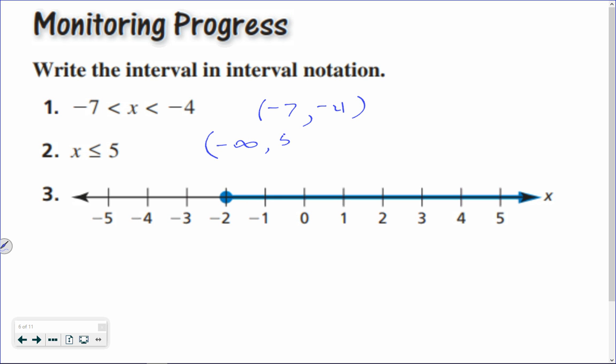Okay, then my 5, how do I close it? Bracket, good. Next one, bounded or unbounded? Unbounded, good. Okay, so I'm going to use a bracket, -2, approaching infinity. And then I'm going to use the parentheses, just like so. So if I put 7 or 8 of those on the test, you guys should be able to knock those